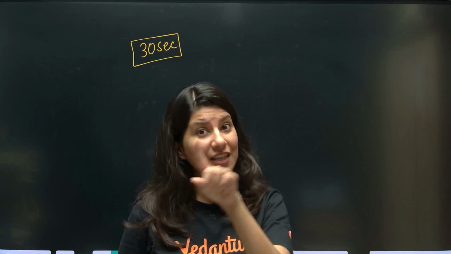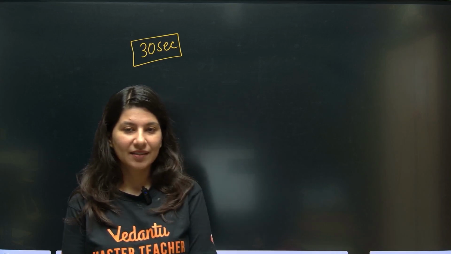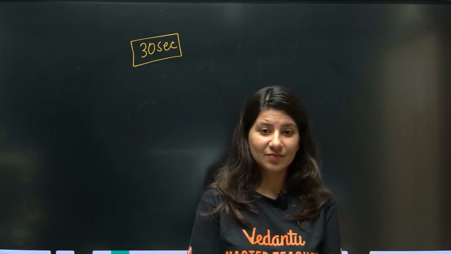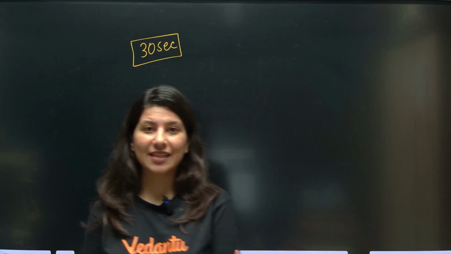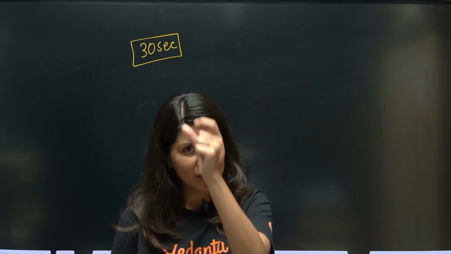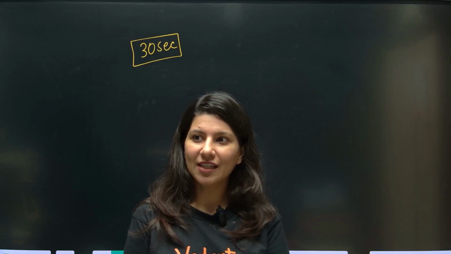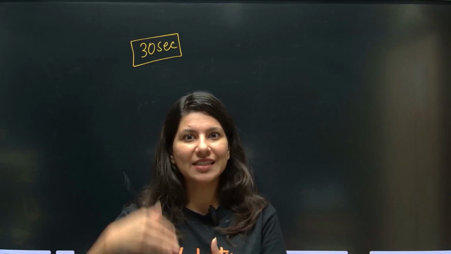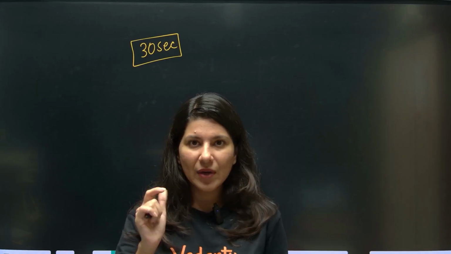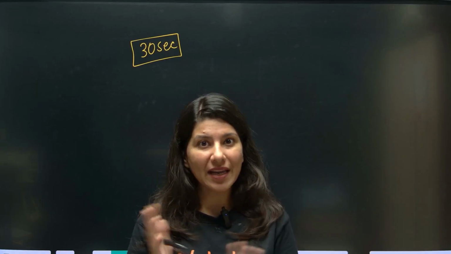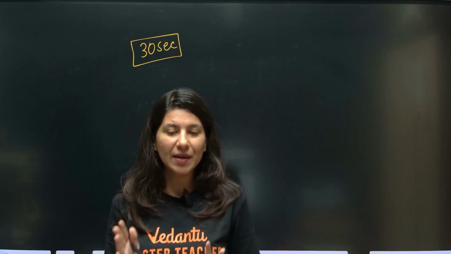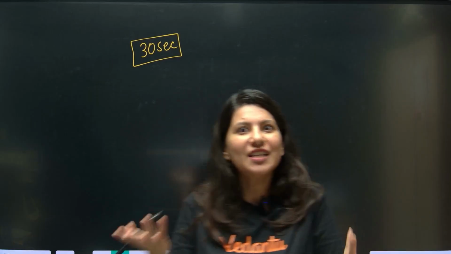And what is the range of cosec inverse x? Without seeing, no cheating. The range of an inverse trigonometric function is an angle. The range of cosec inverse x is the same as sin inverse x, but we need to remove something. So it is minus pi by 2 to plus pi by 2 closed brackets, but except something, which is 0.